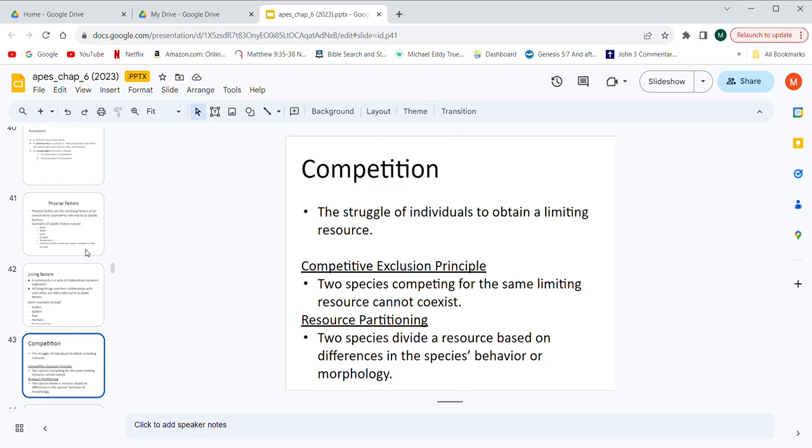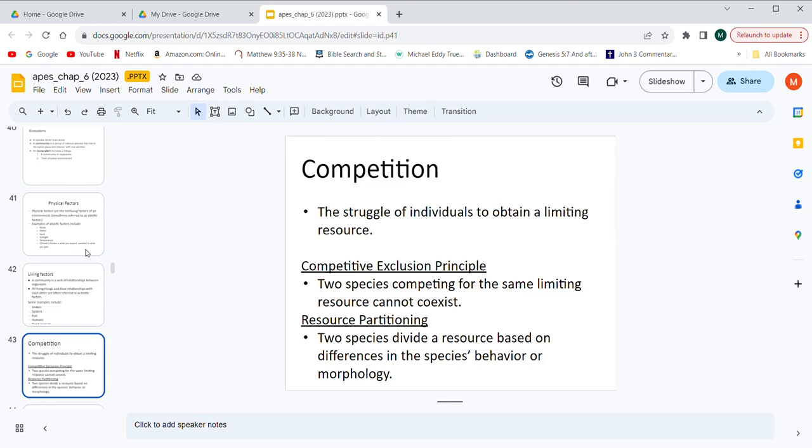There's a principle called the competitive exclusion principle. This is the idea that two species cannot exist with the same niche. Okay, they cannot exist and try to create for themselves this job essentially, and have the same job. And it's the same for a company. You can't have redundancies in a company, right? There's no company with two chief executive officers, right? Two CEOs. There's only one usually in one company because two would be redundant. Two would be one too many. And it's true with species as well.